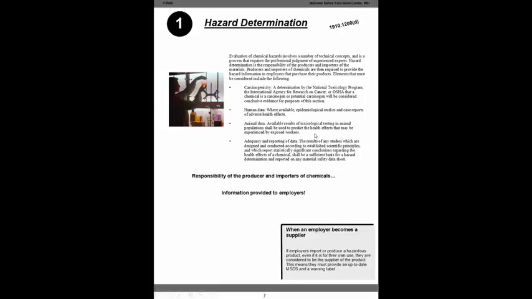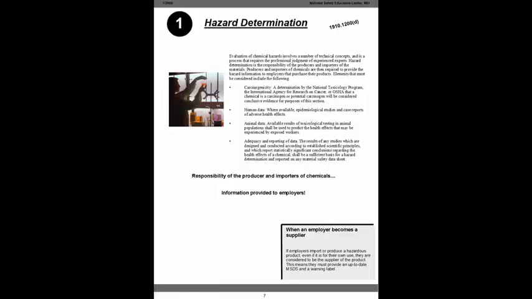If it's harmful to animals, it's probably harmful to us, so it goes on the list. And then adequacy and reporting of the data. That's always a little bit of a problem, but any study conducted using scientific principles that determines something could be hazardous to us,